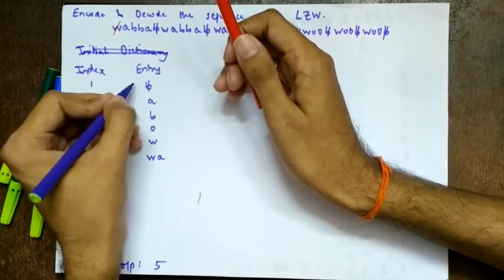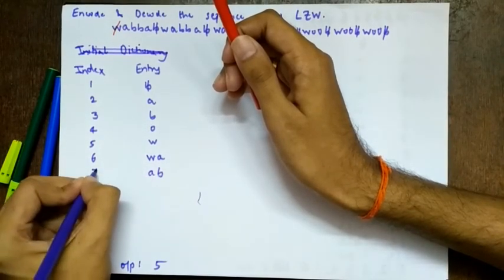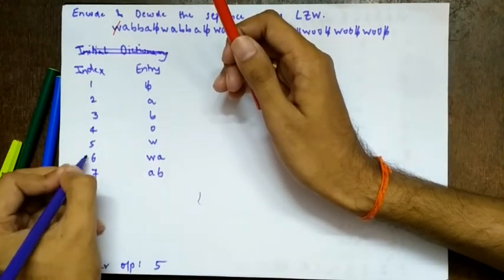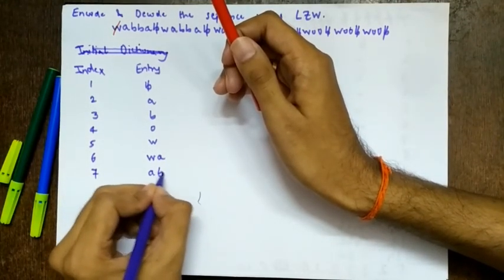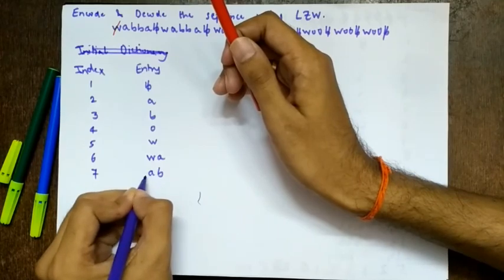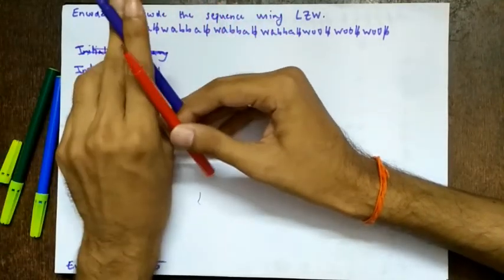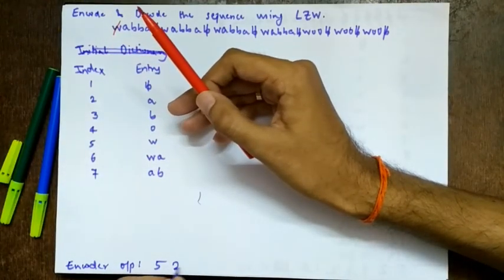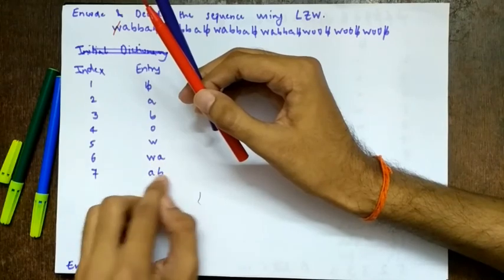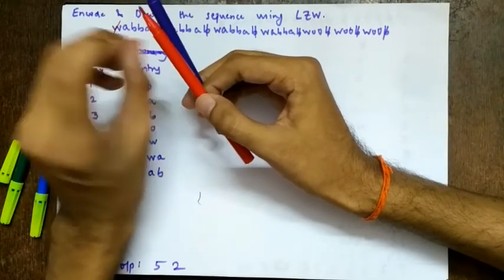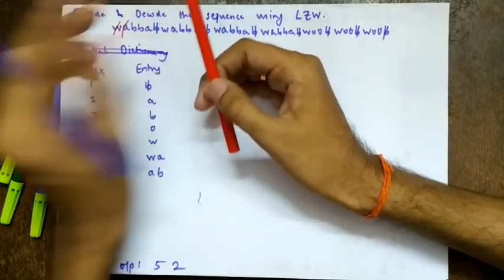So we concatenate the next alphabet with it: AB. Is AB in the dictionary? No, it is not. So we make a new entry, and the index gets incremented to 7. So we get a new entry AB. Then we see, before the last alphabet, what is there? It is A, right? So we encode that A. The A index is 2, so we encode it as 2. This way you have to follow. Again, you are taking the penultimate alphabet of the last sequence. So next, AB: I have encoded A, so I'll scratch it to avoid confusion.